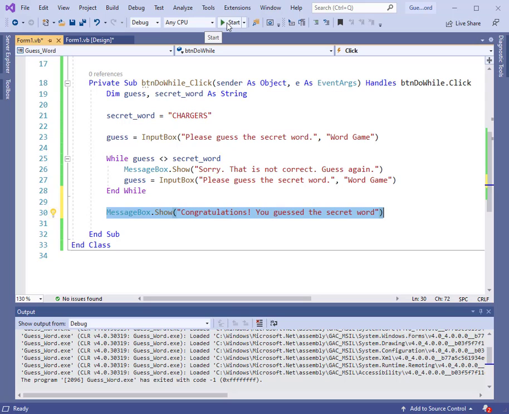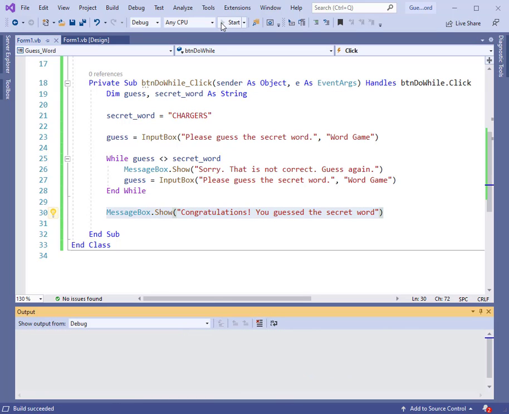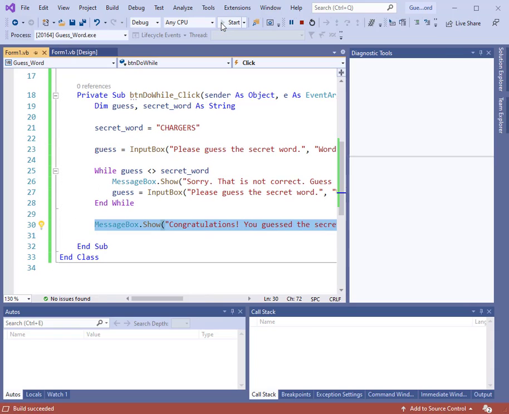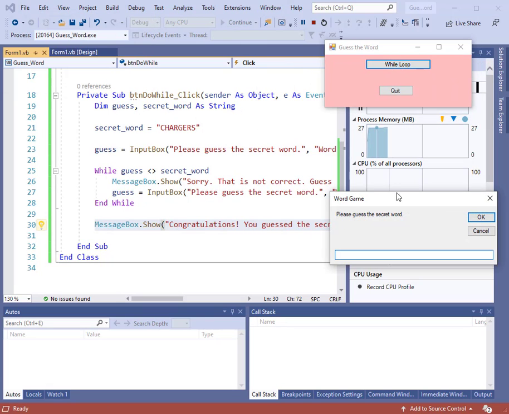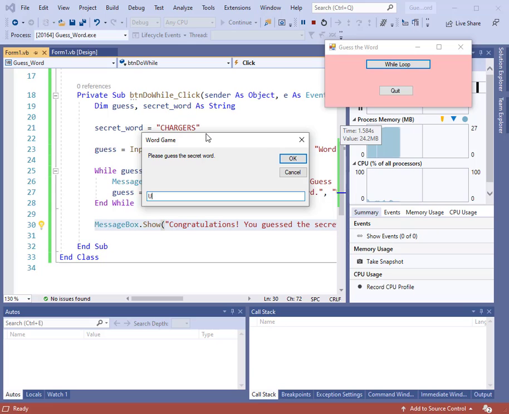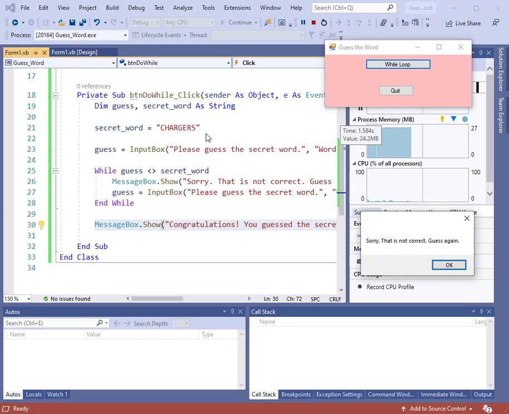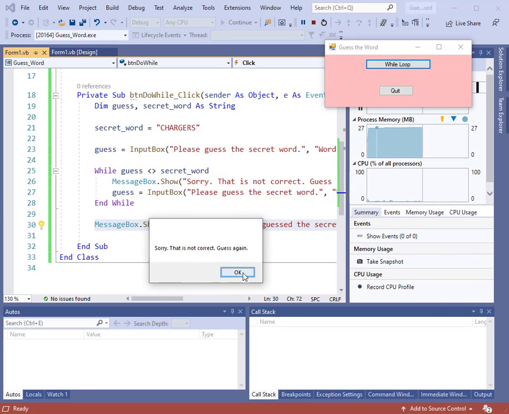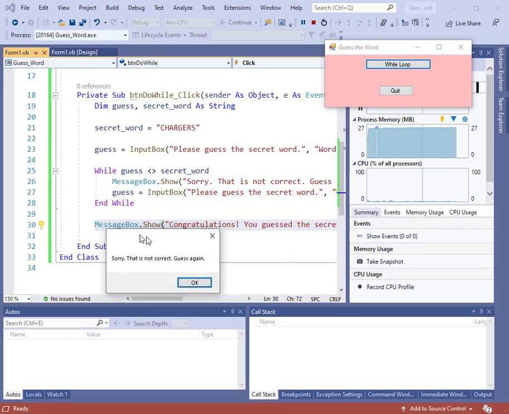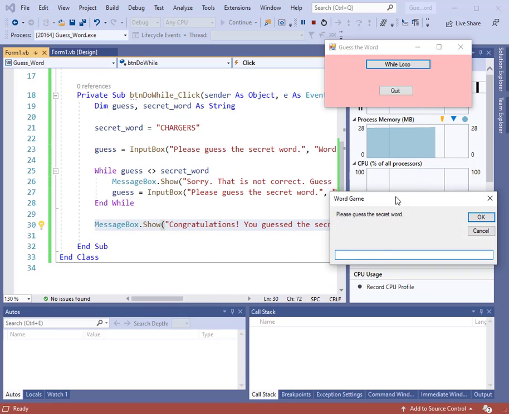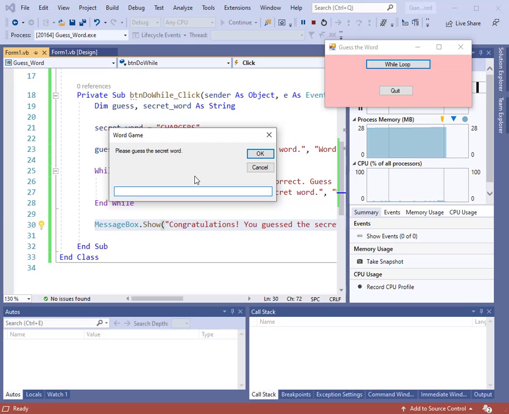Let's try that. I'll start the program. Here's the little form, while loop. Okay, guess the secret word. I'll try some stuff like UAH again. Sorry, that's not correct. Okay, we'll try another one. Is it moose? Sorry, that's not correct. Okay, so now after we've done this a few times, let's guess